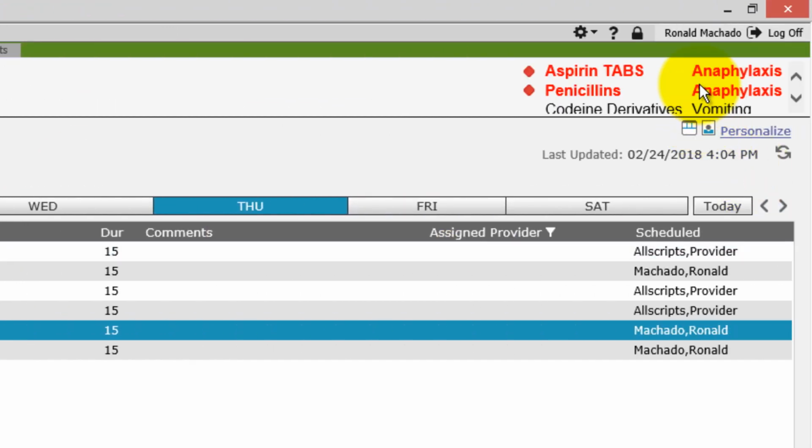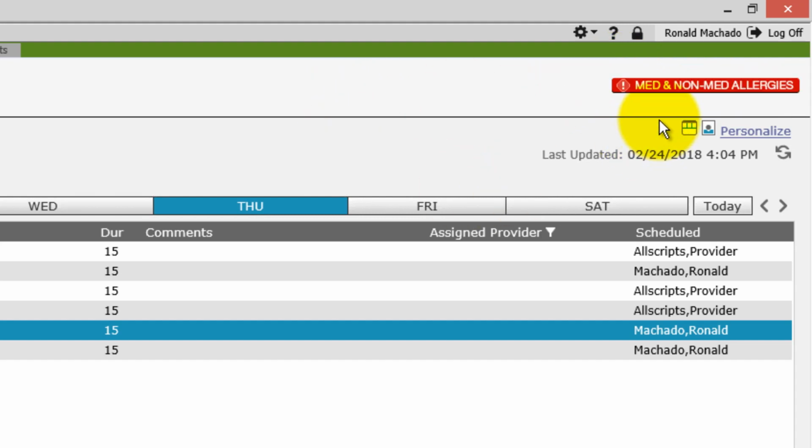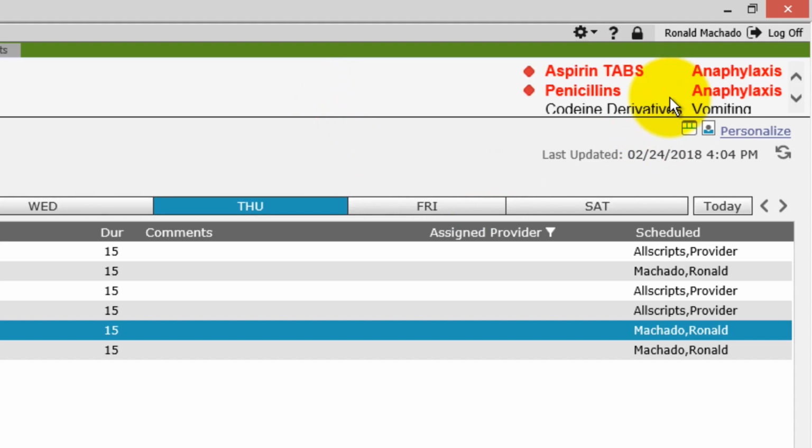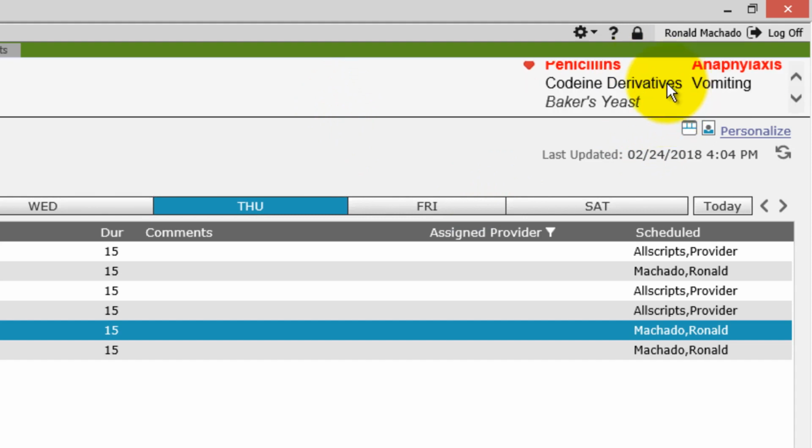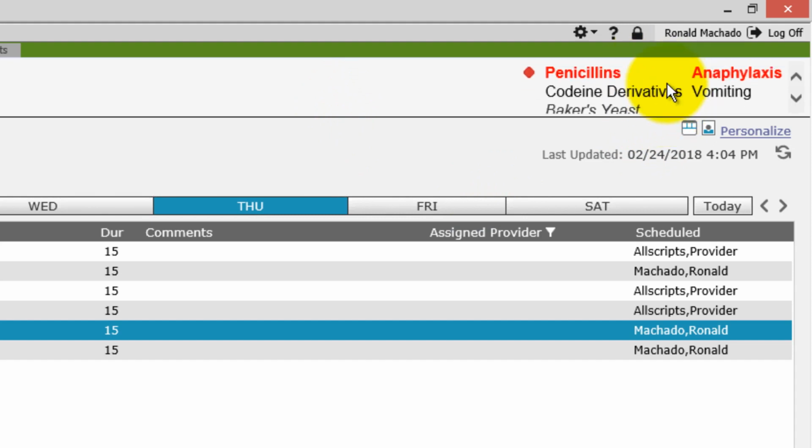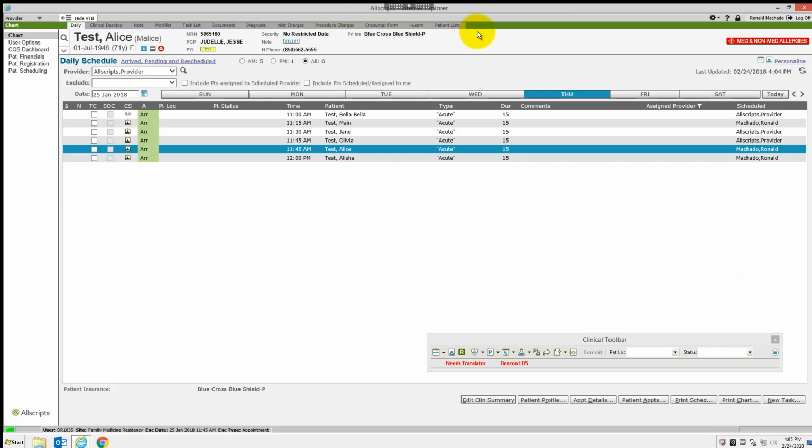It has a new med allergies that you can hover on and see the details of the allergies rather than just getting the non-specific information and having to go to the chart. You can now get that information right here. You hover on it, scroll, and you'll notice the toolbar is quite small, even though we have it set to